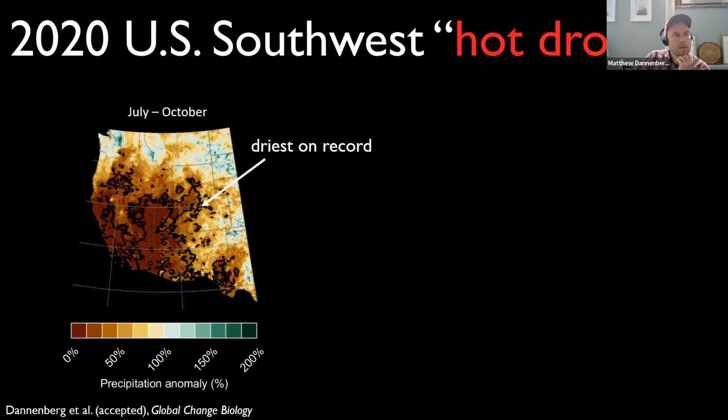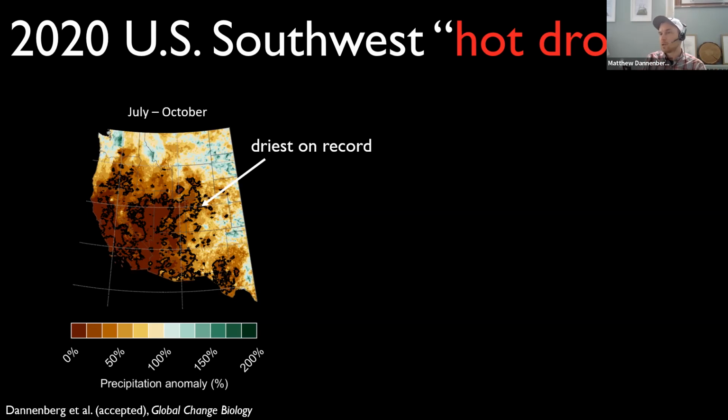So let's start by talking a little bit about the Southwest hot drought that happened in 2020. For much of the Western US, particularly the Intermountain West, the summer to autumn period is the time when most of the rainfall occurs. That's not the case along the West Coast, but at least in the Intermountain West, that's the wettest time of year, especially in the Southwest. That's influenced by the North American monsoon. In the summer and autumn of 2020, specifically the July to October period,